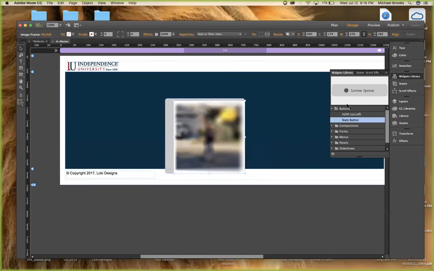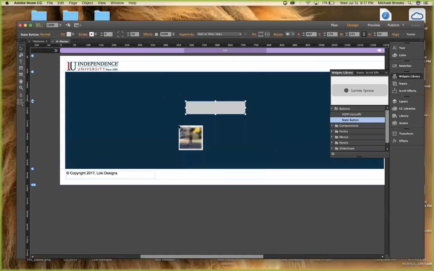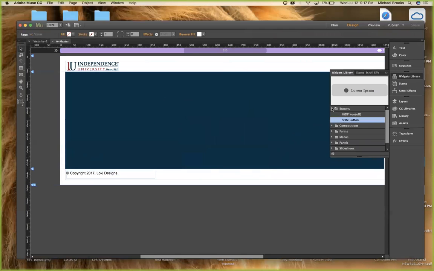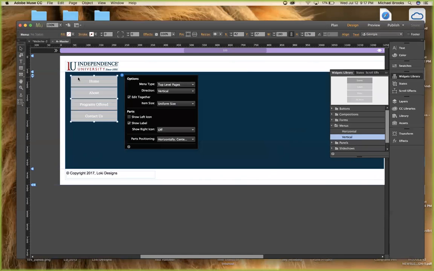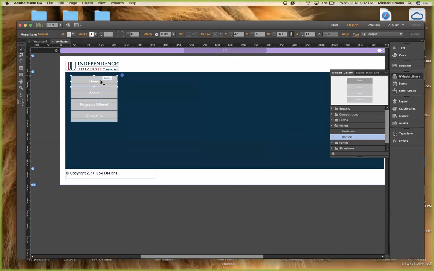And this is how you'll create the buttons. Or you can do it this way with the menu. And we're going to go ahead and do vertical right here. All right. Now I want the background to match this. Well, we're going to go ahead and do the red. But to do that, what I'm going to do is